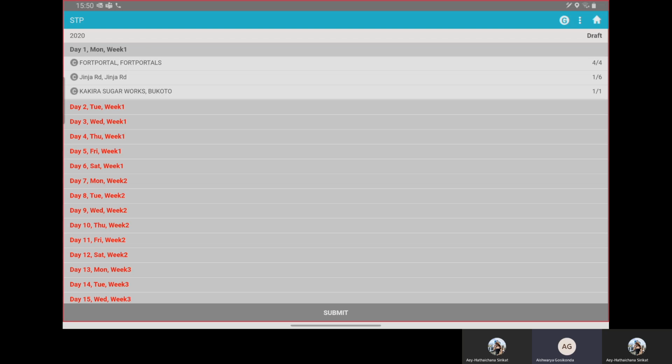And now we can see here there are three options. Now you will be wondering that we have selected more than four doctors, and here it is only showing three line items. These three line items are not the customers. These three line items are the locations on which the customers are present. For example, if you have selected Fort Portal, just click on this Fort Portal line.